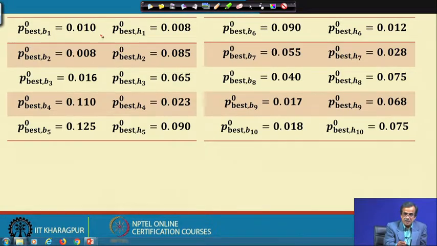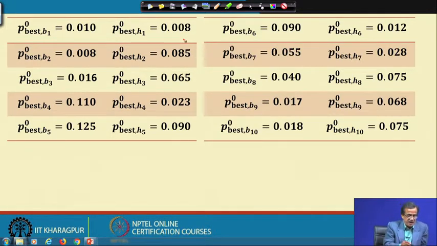0.010. Similarly, the best value of H1 corresponding to the 0th iteration, Pbest,H1,0, is 0.008, and these are the values selected at random.